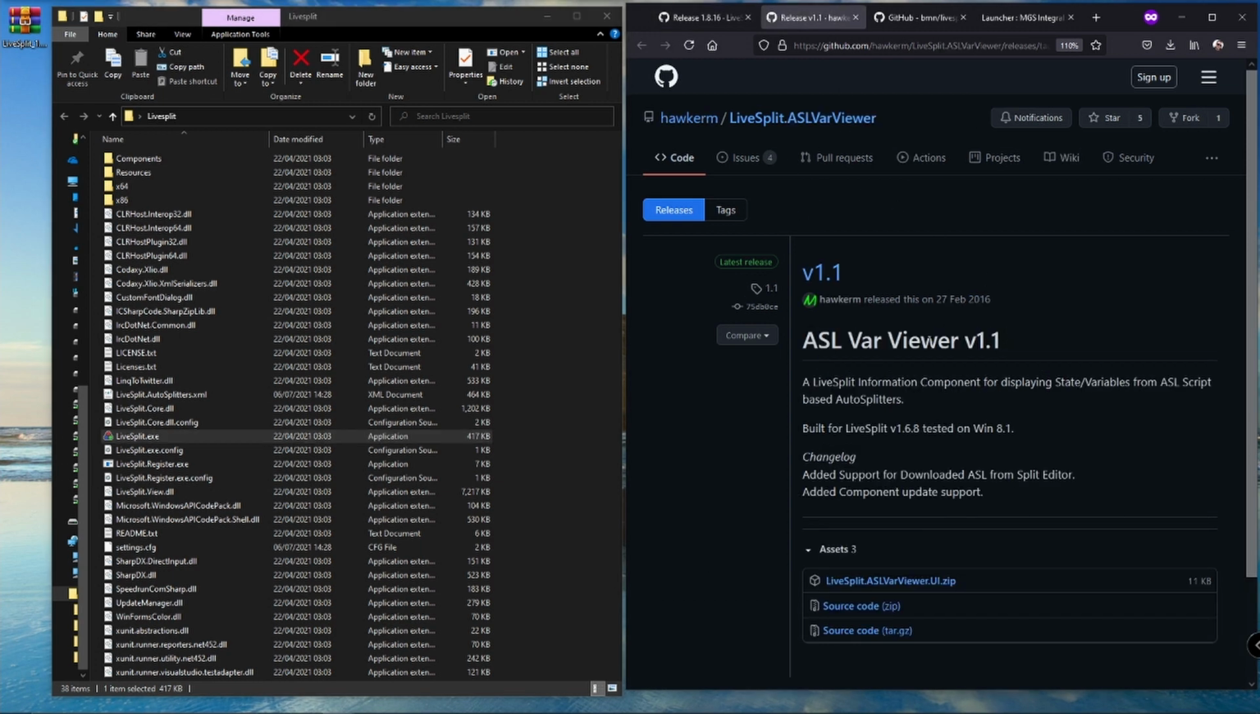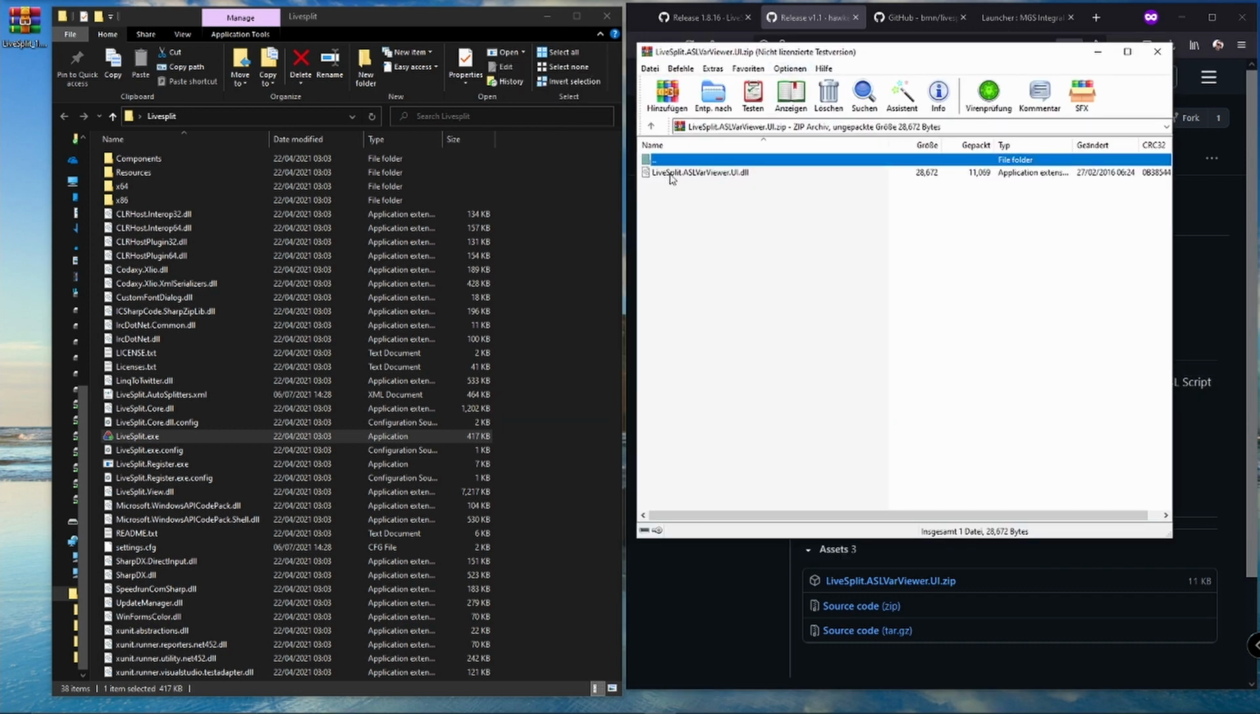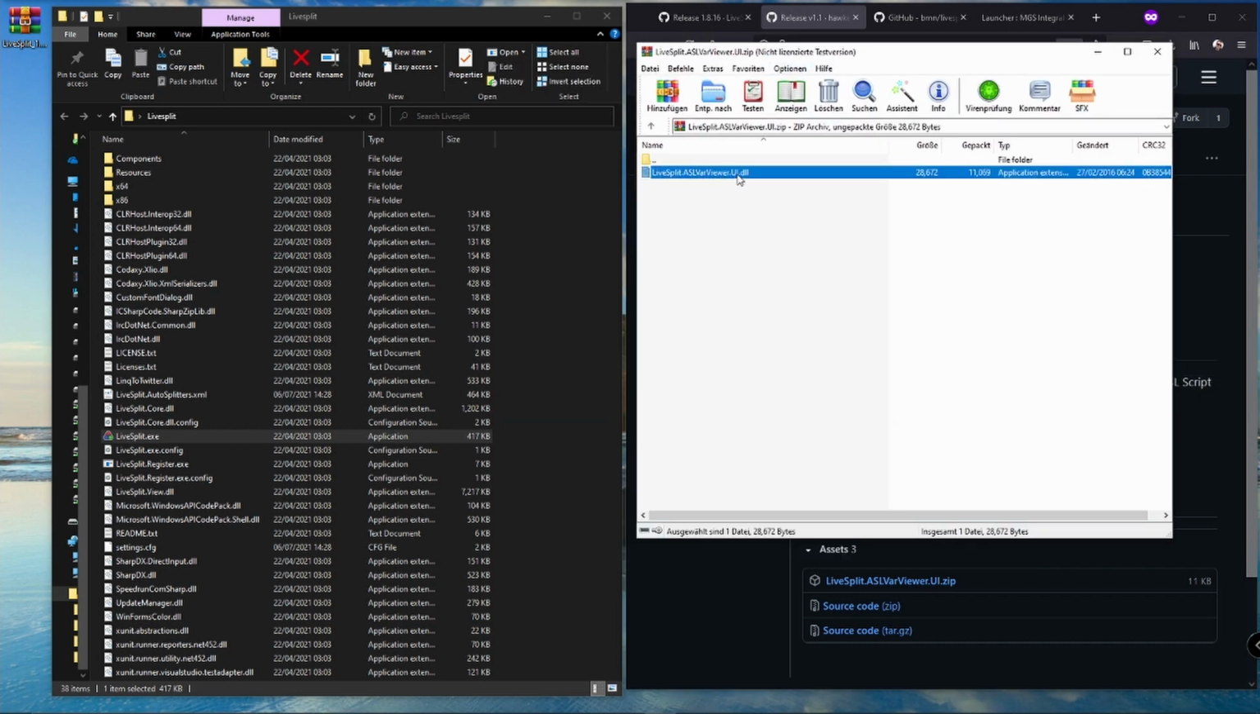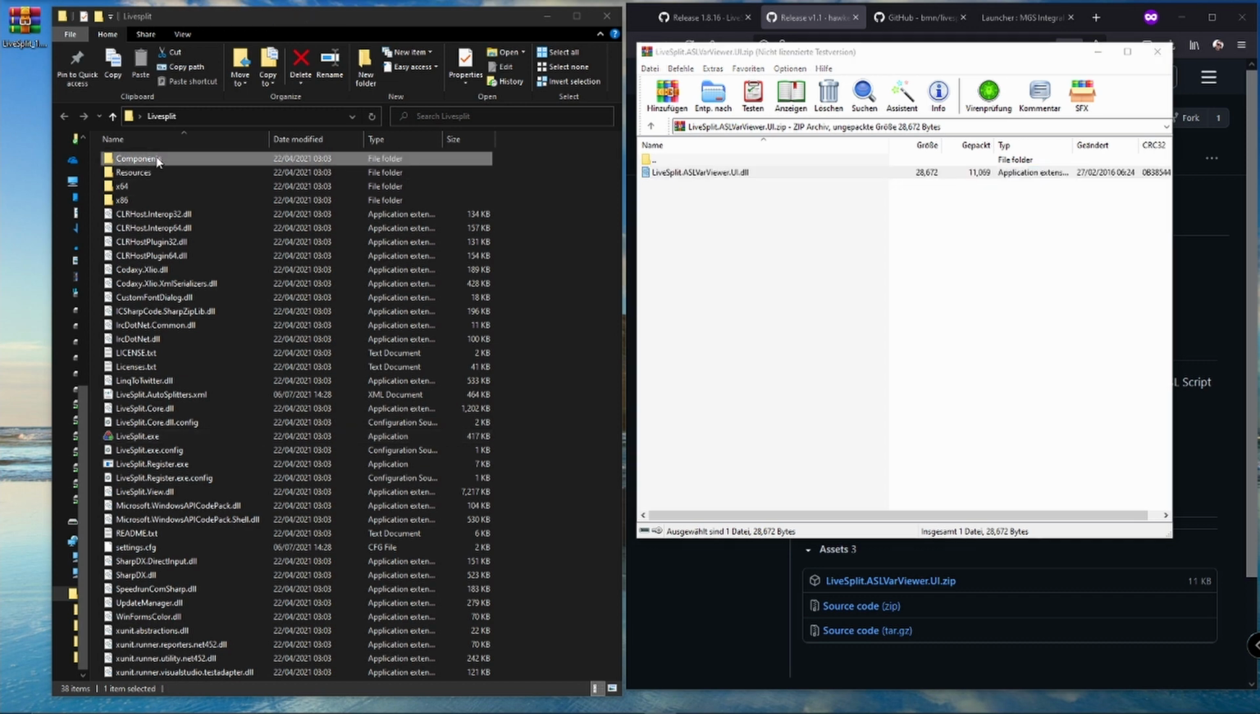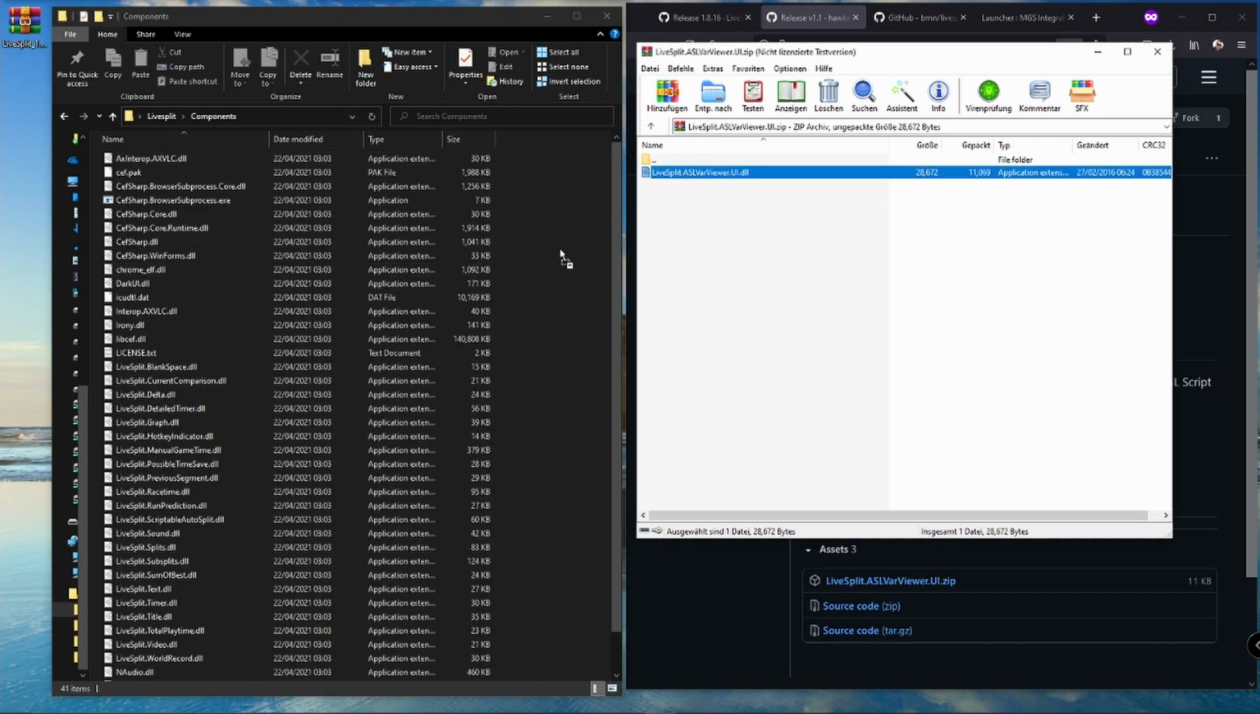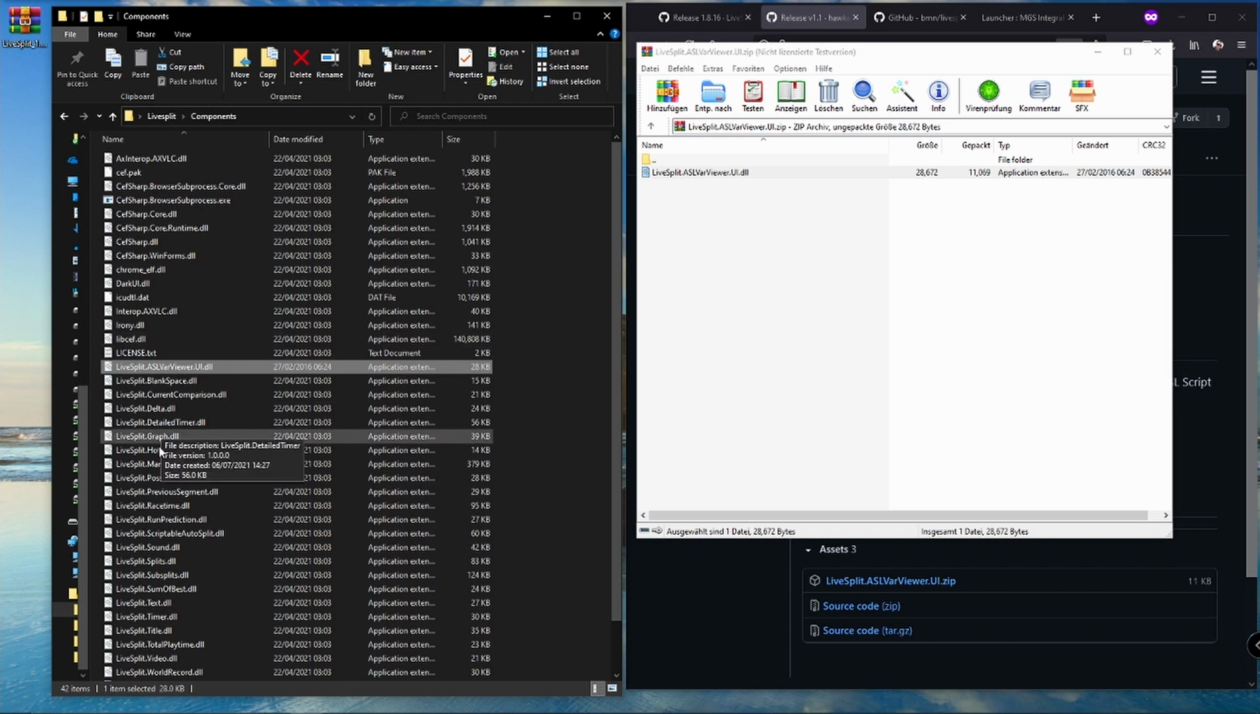So I'm just going to download the latest version here from February of 2016. Yes, it is that old. I'm just going to download the .zip file. I'm just going to open that quickly. And then we have this Livesplit ASL Var Viewer .ui.dll. We can put this into the components as a plugin basically, and that will have it installed the next time